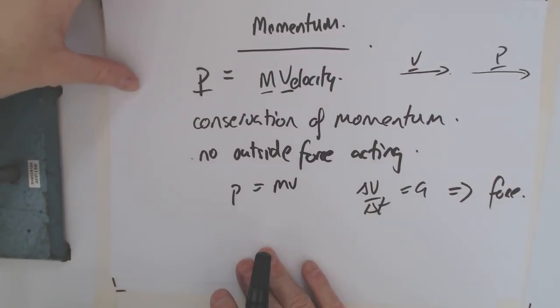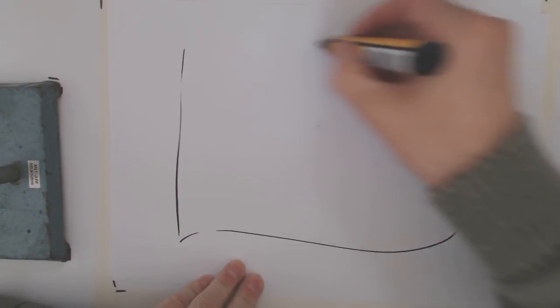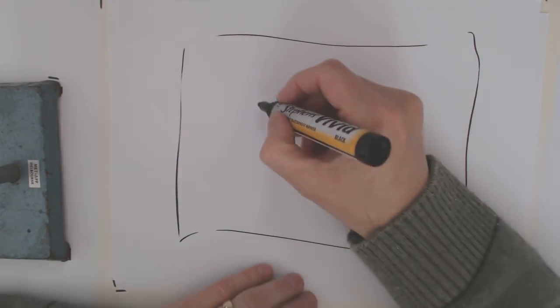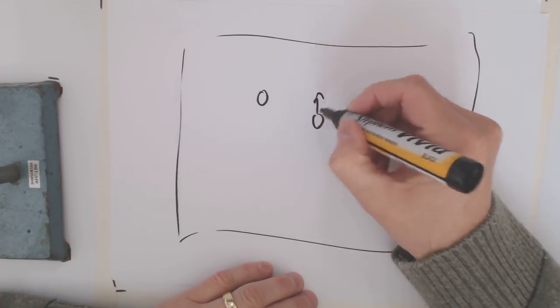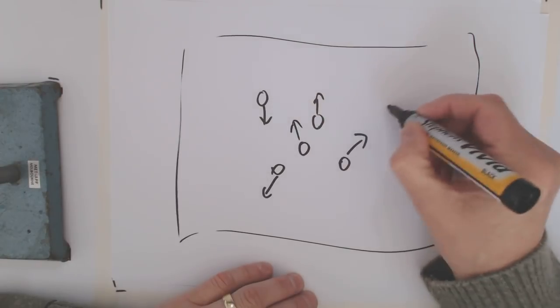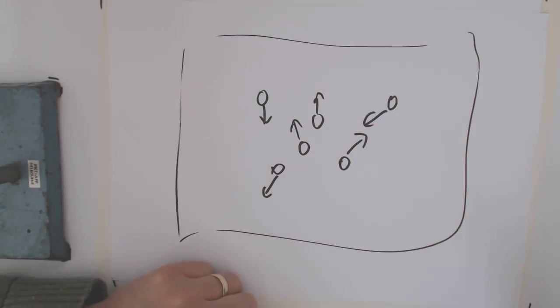So when you have a system, let's change sheets here. You have to define your boundaries and say, okay, this is my system. It's an enclosed system, an isolated system if you like, and there are no external forces acting. It could be a whole bunch of gas molecules all racing around doing their own thing like this. Right? Now the point is, all these little guys are smacking into each other, and when they smack into each other, they exert forces on each other. But there are always going to be equal and opposite forces.